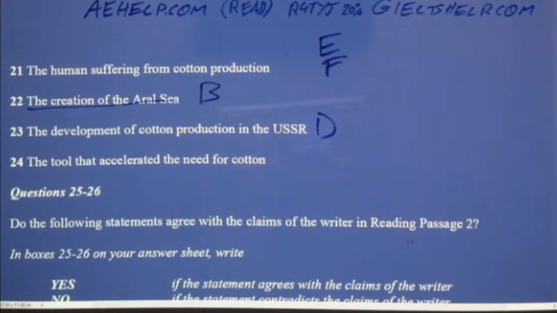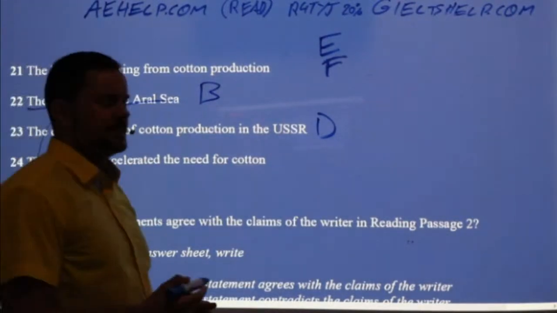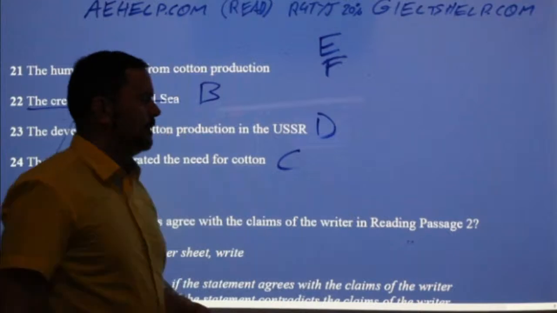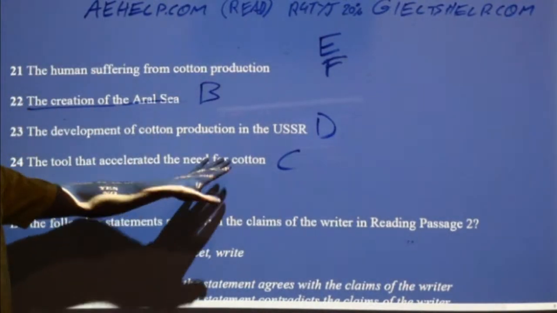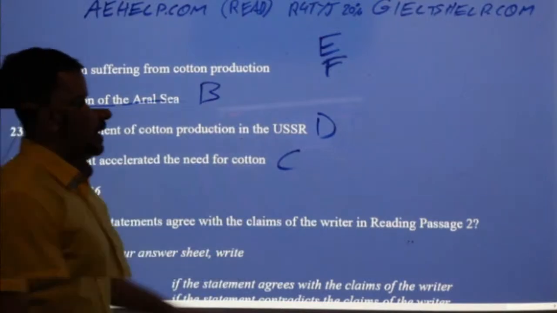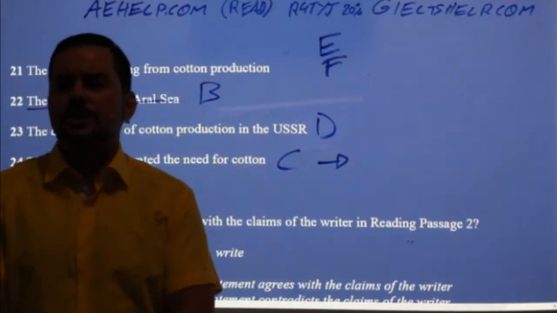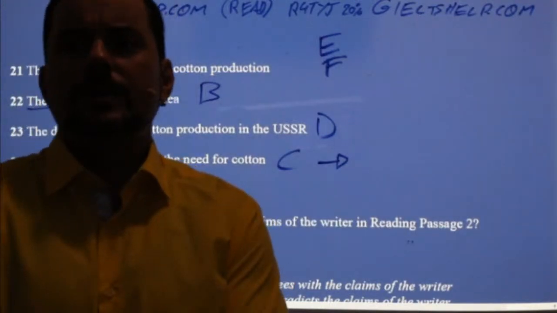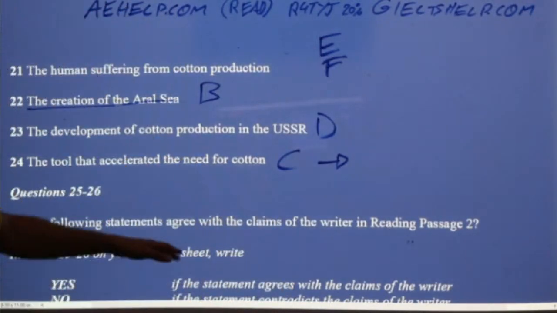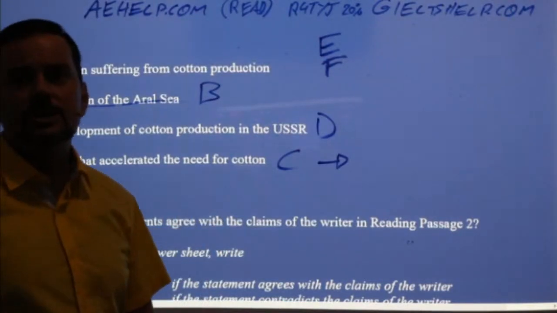24. Very good, Amanjot Kaur. Yeah, C it is, right? Because that was the history of cotton and cotton production, and it was right before this paragraph. And does anybody remember what that tool is called in English? So what's the name of that tool that accelerated the need for cotton production? Let's see how many people are really actively reading. What was the name of that tool?